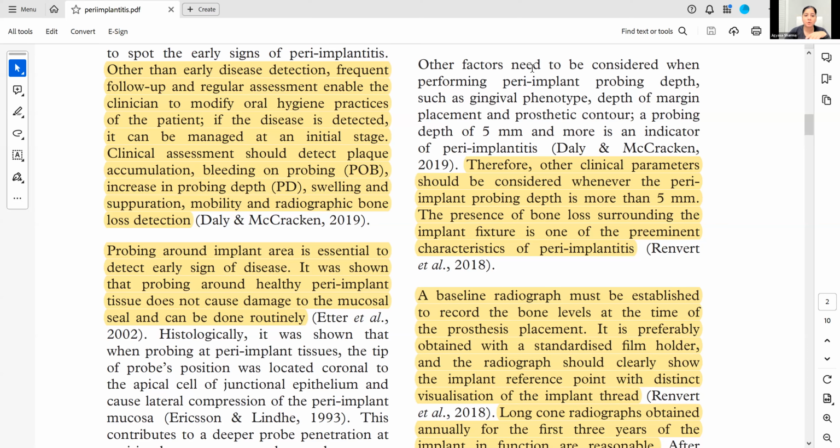It was shown that probing around healthy peri-implant tissue does not cause damage to the mucosal seal and can be done routinely. There have been some initial hindrances and some resistance about probing around a healthy implant, considering that there is a natural mucosal seal around the implant where the gingiva seals the implant, and when you probe it, it can break down the junctional epithelium which is formed. It can ulcerate it, and it can lead to the penetration of bacteria and saliva into that sulcus. But the recent studies are showing that if you use